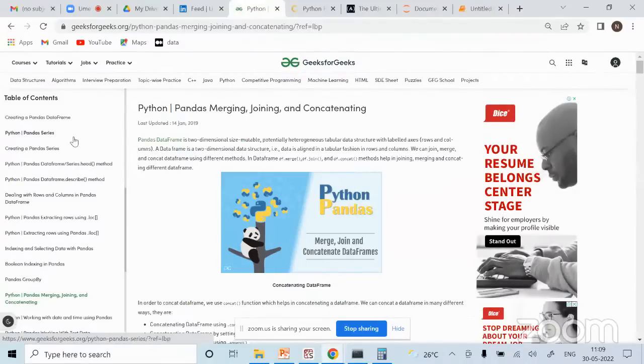Then we learned how we can extract using loc and iloc. So what is the difference between the two? loc is if you have particular row names or column names that you can give, but iloc is position. You can count starting from 0, because in Python index starts from 0, and then you can tell the position, which number of row or which number of column you want to get. So that's how you can give.